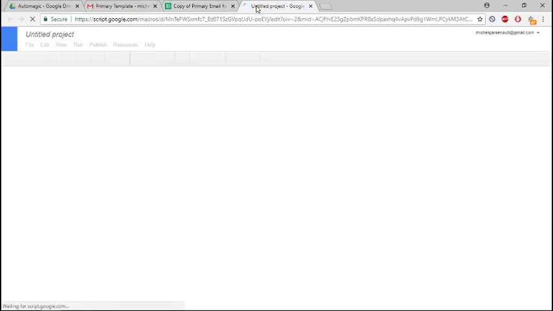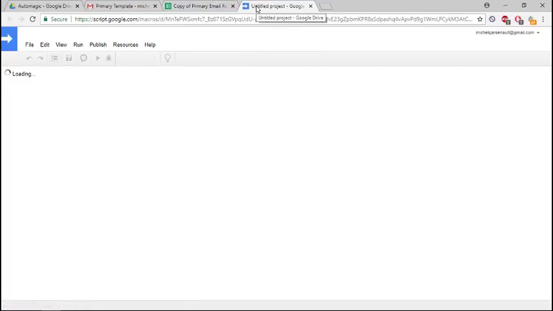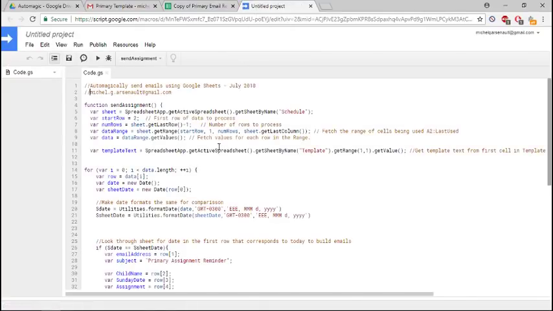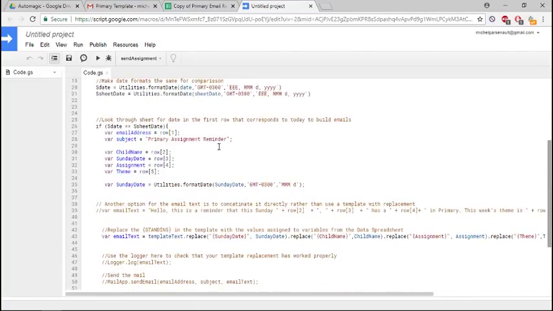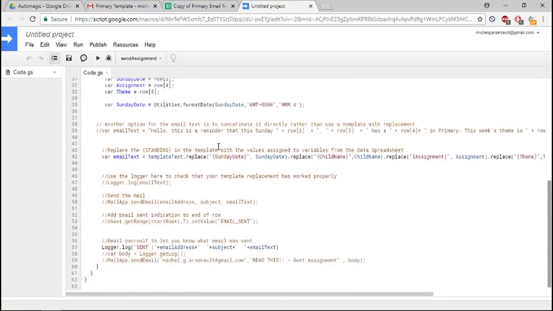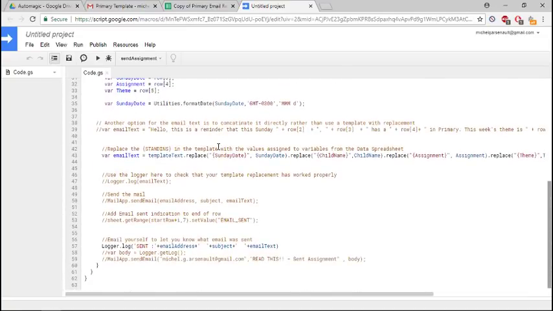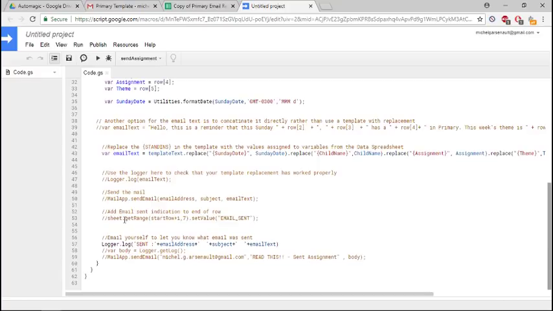So we'll just run through quickly things that you might want to change or do. So if you're just going to use it as is, again, the only things that you need to come and change are the email address